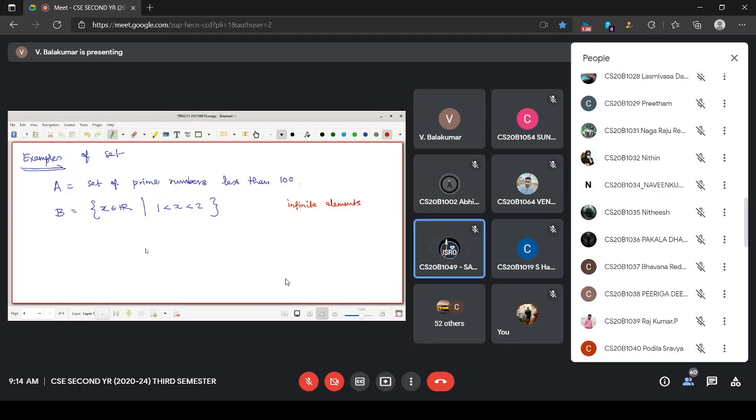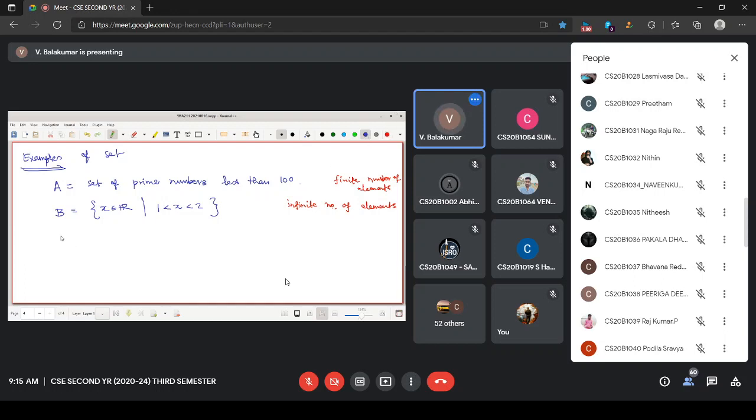Finite. There are a finite number of elements. Here I should write an infinite number of elements. I am just counting how many are there. An infinite number of elements are there.